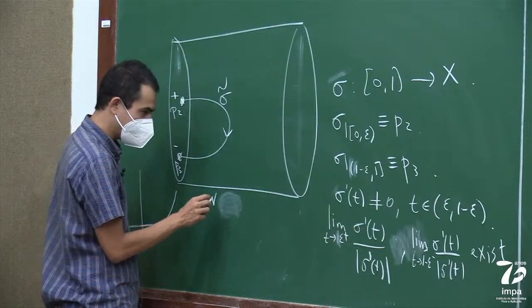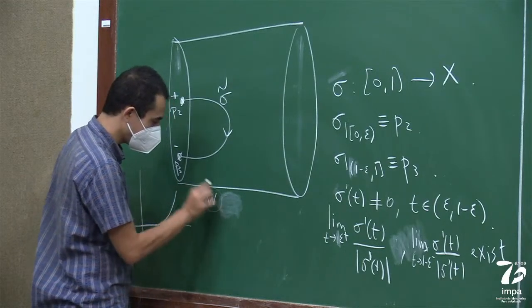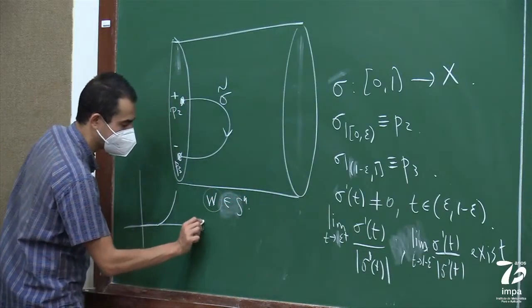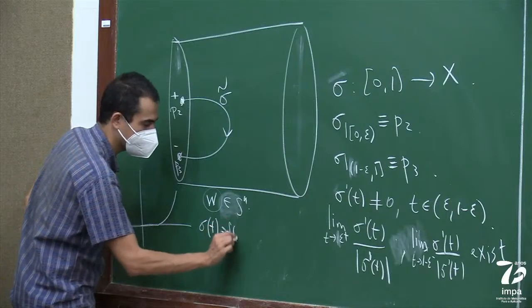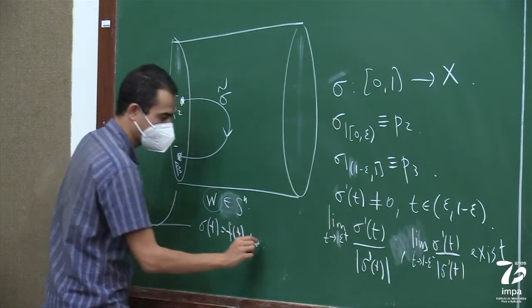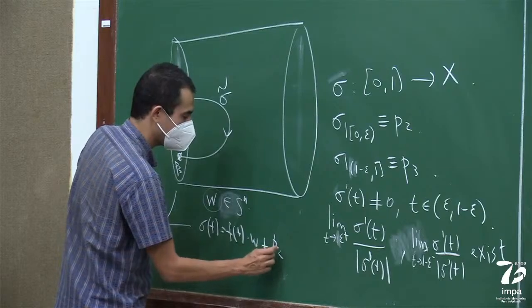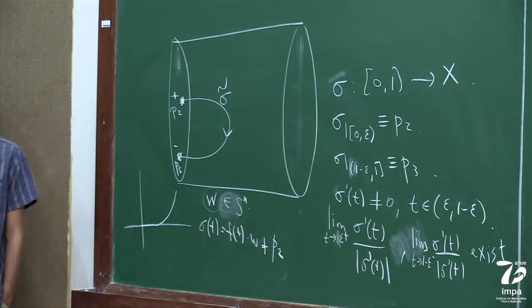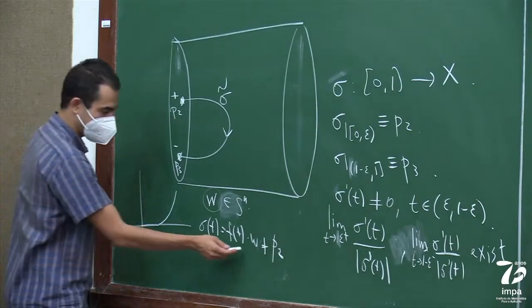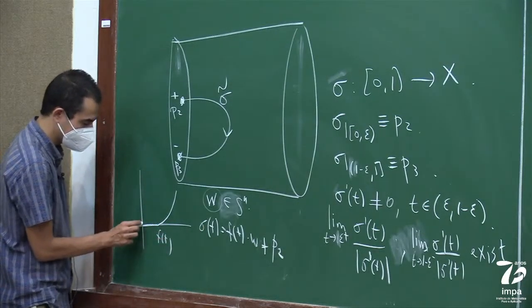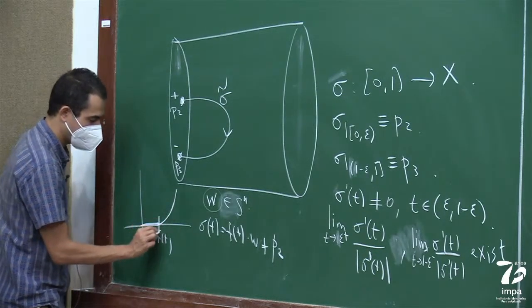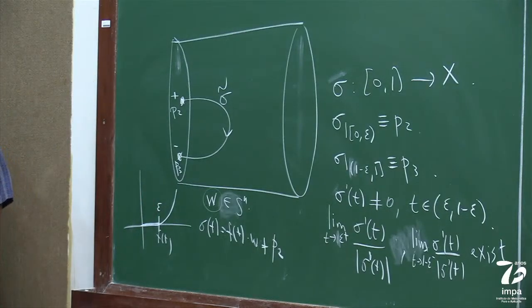So anyway, if I'm in Rn, I can take some vector in Sn, and I could consider a path that is just a function times W plus P2. So this would be in Rn. But this is exactly the same thing, but in a manifold, like using a chart. Locally, the function f looks like this. It's constant, it's 0 for a while, and then it goes up exactly at epsilon. So you can always do that. I mean, you can actually build this function by hand.